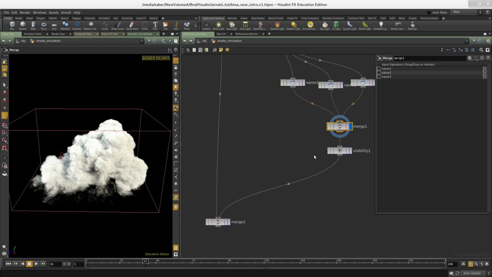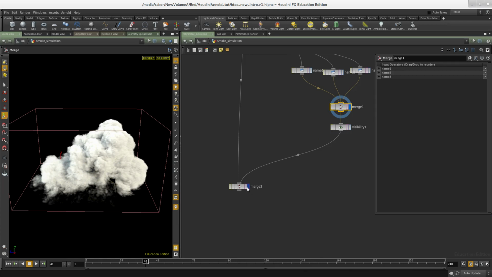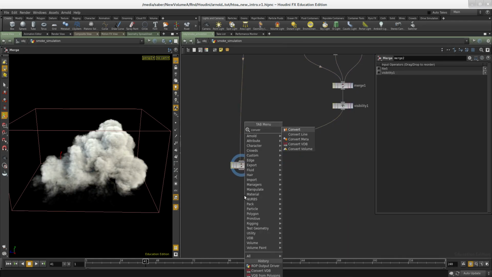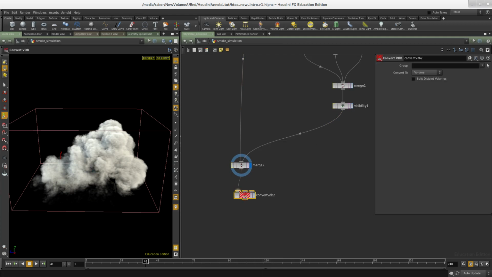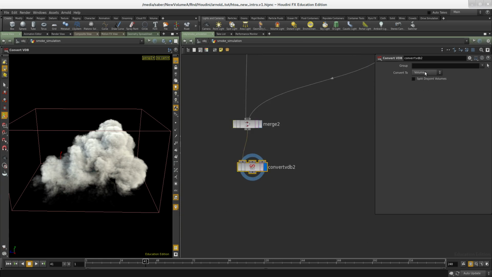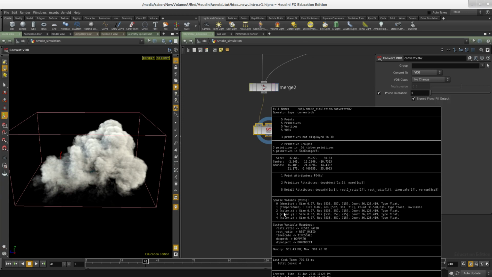But for VDB, we have to convert them. We have to convert this to a VDB volume and then merge all the 3 vectors into one. So I'm going to drop a convert node and convert my volume. This is again reading the original volumes from the file, and I'm going to convert this to VDB. And here, if I middle click now, I can see I have color.x, color.y, which is 3 separate volumes. Now you can definitely use this with Arnold, but it will be slower to read these 3 channels instead of a 3 vector